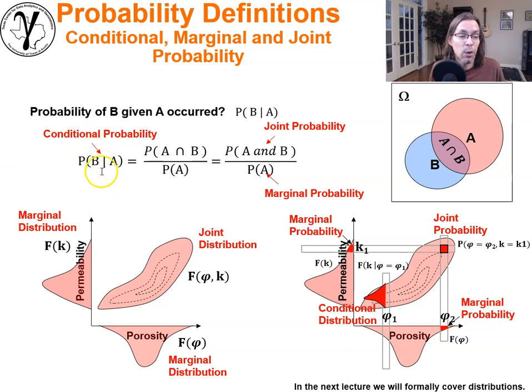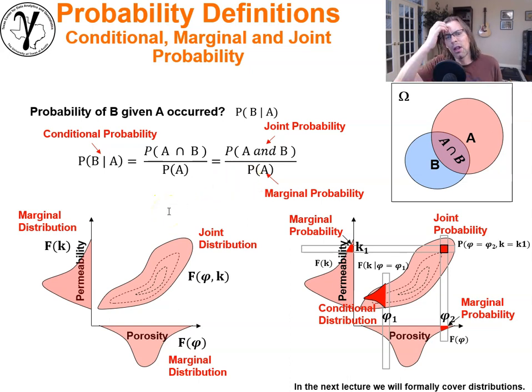defined it by this equation right here. Probability of B given A is equal to probability of A and B divided by the probability of A. Let's put some words around these terms. This is a conditional probability. We just stated that. This right here, and we could say it as probability of A and B, or just intersection A, B, is a joint probability. It's a joint probability because it considers more than one event at the same time, and this, in the denominator, is a marginal probability because it's only considering one thing at a time, one event at a time.